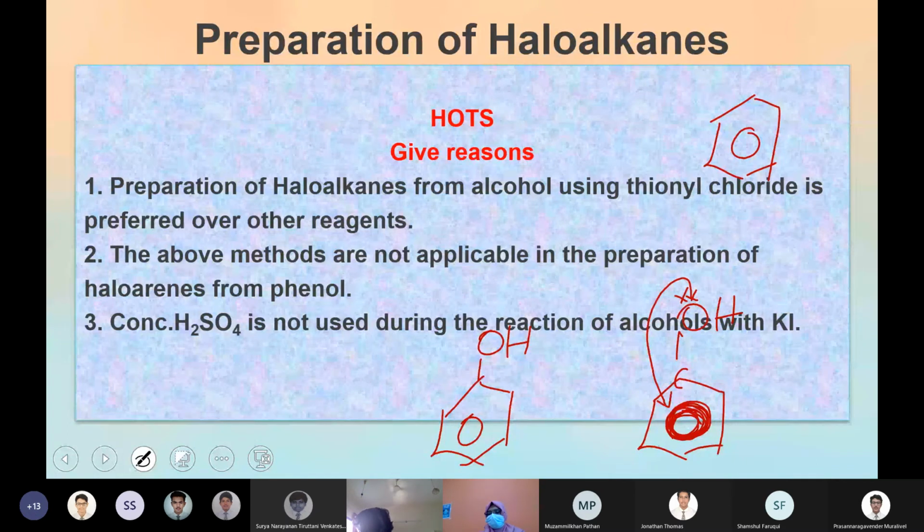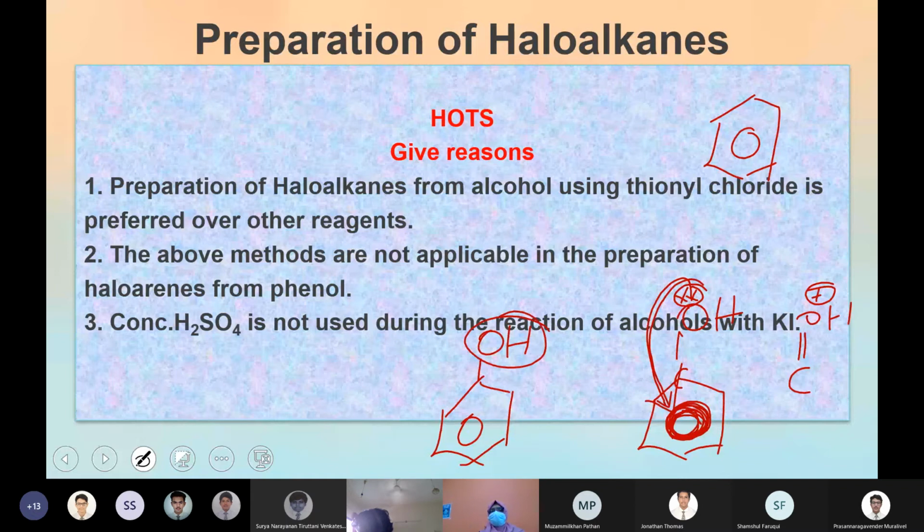So what Kritya said, the carbon-oxygen bond will get a double bond character, because the lone pair on oxygen is in conjugation. That means the carbon-OH bond is not a free OH just like CH3OH, where there is no conjugation, no resonance. In phenol, because of the benzene ring, the lone pair of oxygen comes in conjugation with the electrons in benzene. As a result, the carbon-OH bond is not free, so you can't substitute.